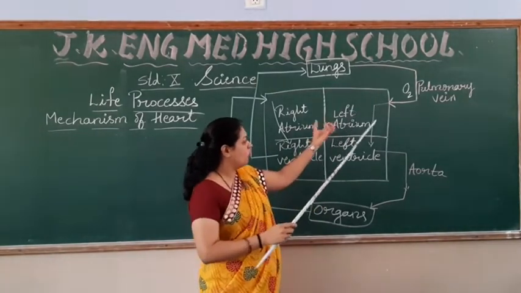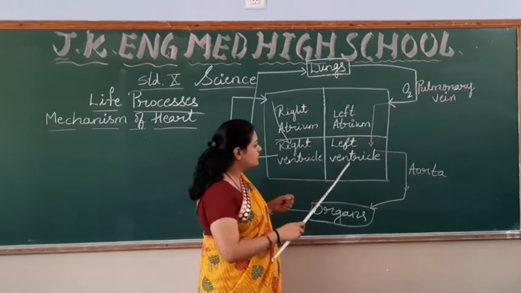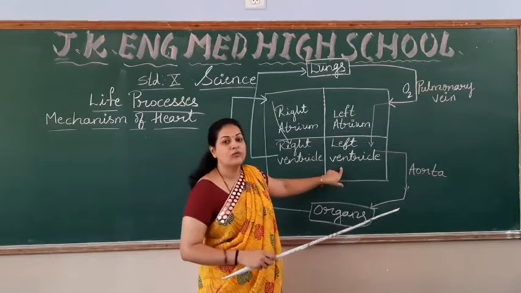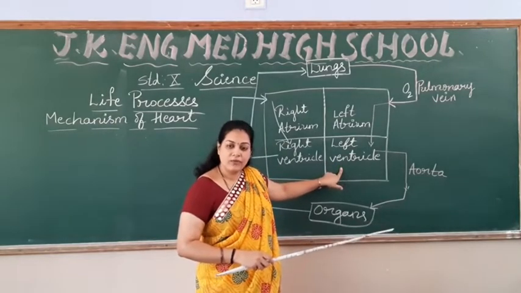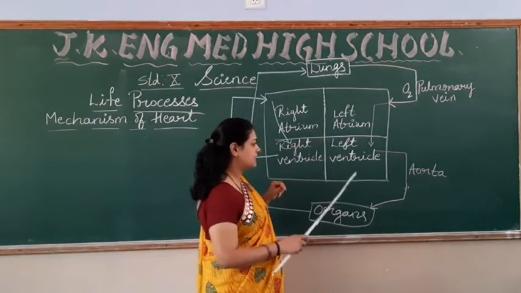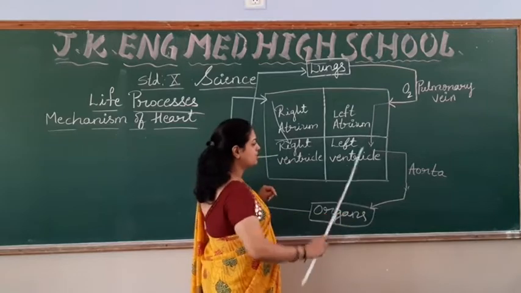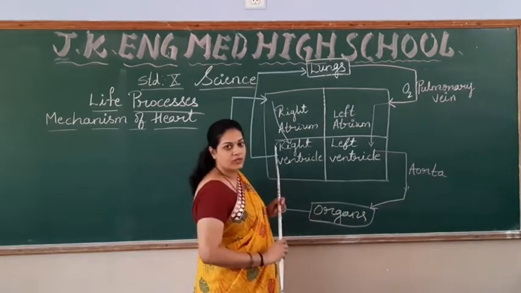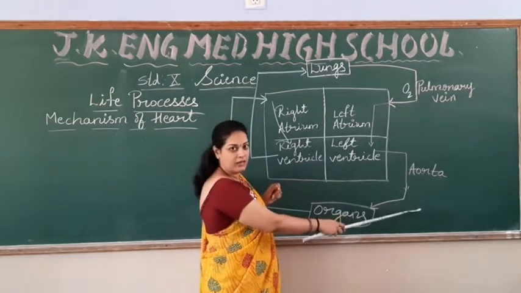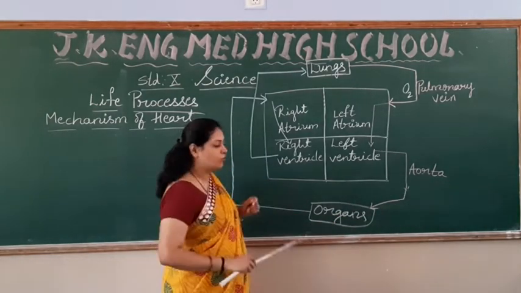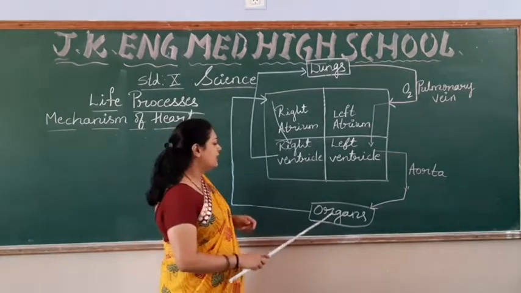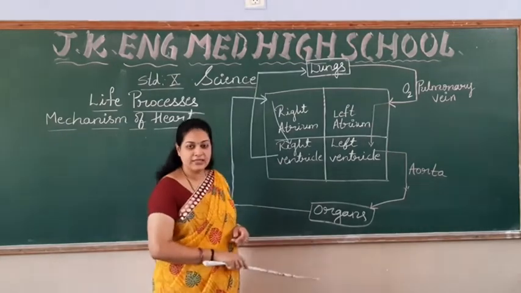The left atrium contracts, and there is a relaxation of the left ventricle, and the blood enters the left ventricle. From the left ventricle, one of the important blood vessels starts, that is the aorta. I have drawn it like this, students, but actually it starts from here. This aorta carries oxygenated blood to all organs and all the cells of our body.